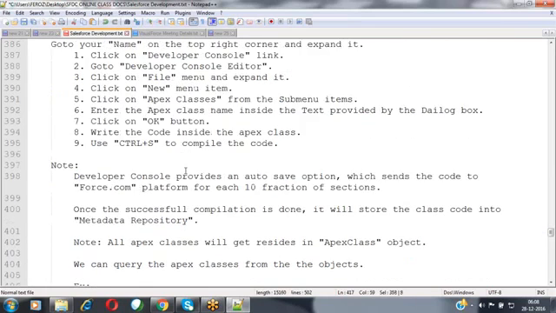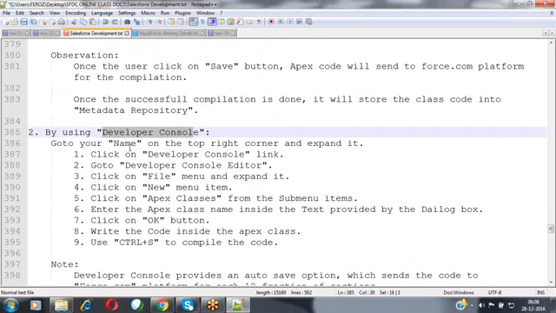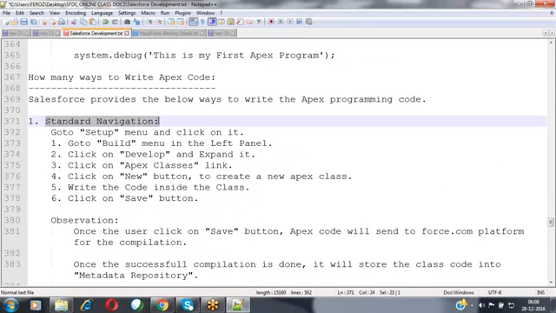Inside this developer console, inside this standard navigation, we have to create our class, and inside the class we have to write the code. But we haven't discussed what exactly a class is, what exactly an object is, because we are into the basic programming. Once we are done with the basic programming, then we will move forward to object oriented programming. There we will discuss what exactly a class, an object, and the methods are, how to write the code, and how to call those methods. We'll see practically over there. So for that here, I will just show you that practically, and then how we can write that code.